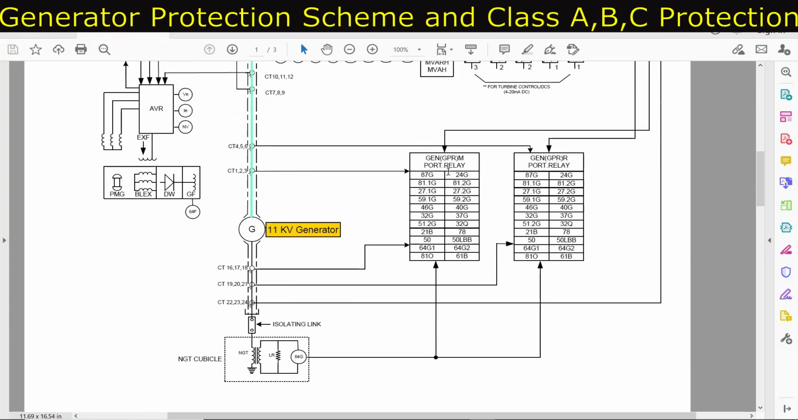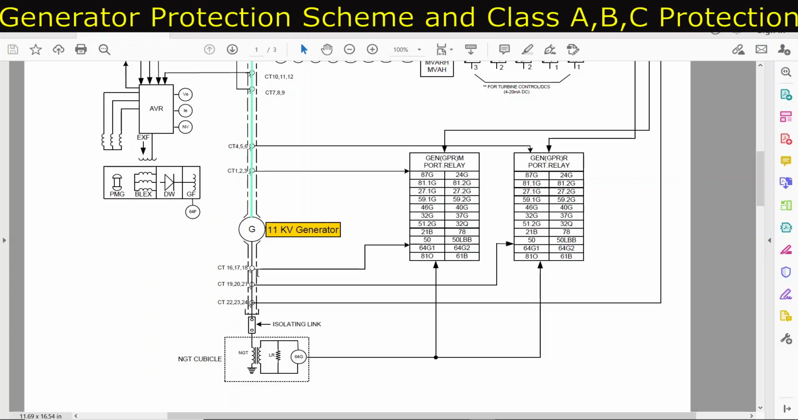So if you find any SLD like this in your plant, you need to check like this. You can see here, this is a generator. You start from the generator. This is an 11 kV generator, it is star connected, and the star connected side is this one. And the star is connected through an NGT, neutral grounding transformer, and